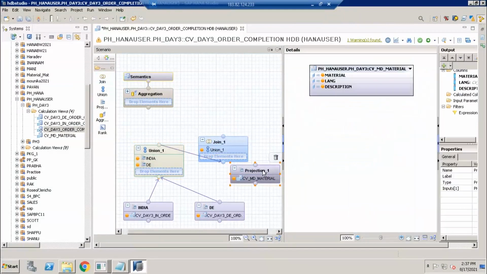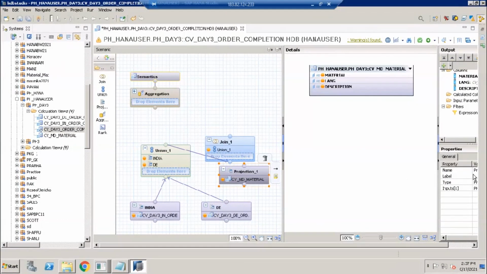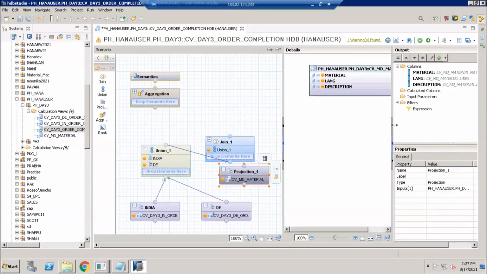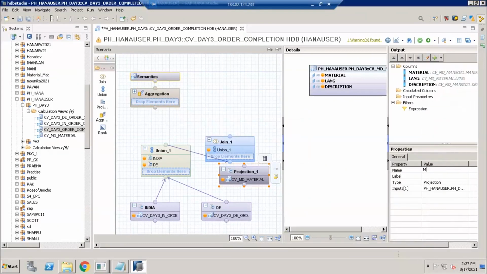Initially add union to the join. Since it is material master data, rename the projection node to MaterialMasterData. When you change the text of a projection, always remember it won't accept any spaces.